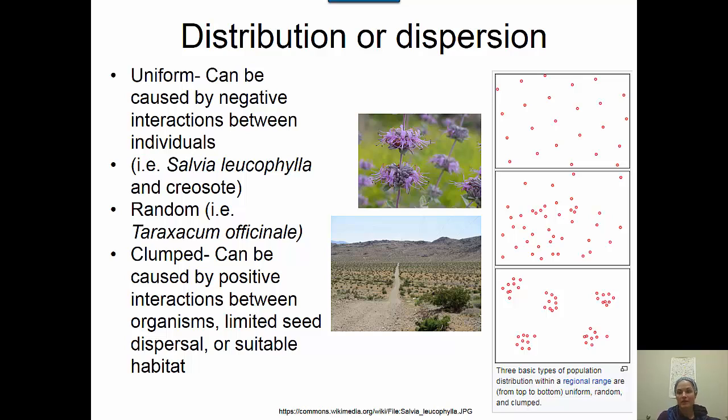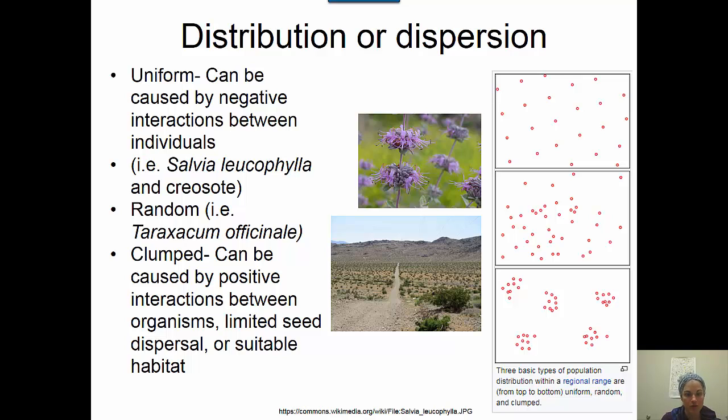The reason was that where there were already plants in place, the salt marsh plain was less salty, so the plants that were there were shading the marsh plain, making it less salty and more conducive to recruitment of seedlings. We also sometimes see this clumped distribution in plants that have limited seed dispersal, so that would be plants that generate really heavy seeds that don't tend to move very far from the mother plant, so they'll end up with